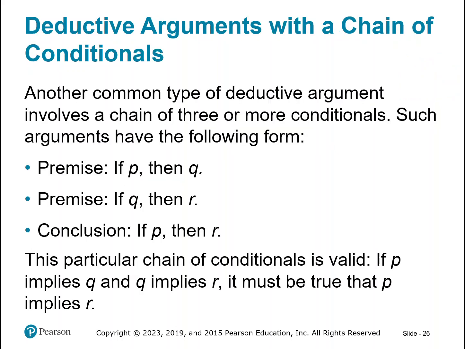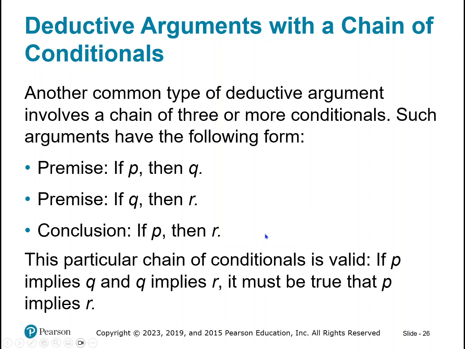All right. Now, sometimes life isn't just if this happens, then that. Sometimes it's, well, this has to happen, so that's set up, so this occurs, and then we could go get dinner, right? It's just one thing after another that everything kind of has to set up. This is a common type of deductive argument as well. It involves a chain of 3 or more conditionals. So if we have 2 premises, if P then Q, and if Q then R, we'll set up a natural conclusion, if P then R.